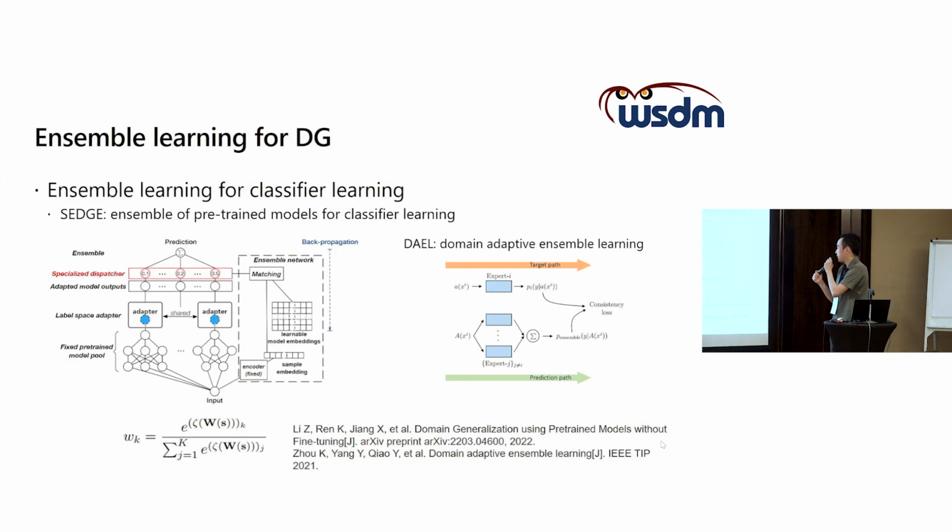The technique in this paper is that in most cases we have multiple domains. Suppose we have k domains in total, so therefore we can train k different classifiers for this specific problem. And then meanwhile, based on the targeted domains during the inference stage,